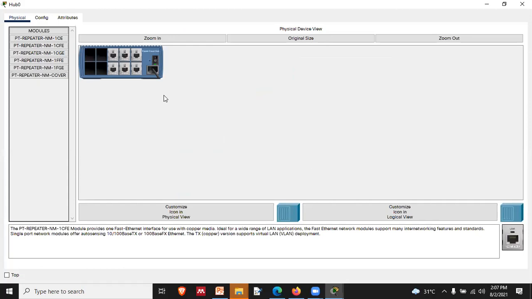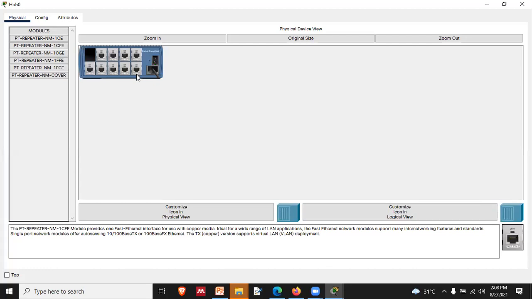So you can see this simulator is very similar to the real scenario, so you have to do accordingly. First of all, we have to switch off the hub, and then drag the module and place it over here. So this is how we can enhance the modules in our hub. Right, now I will switch it on.